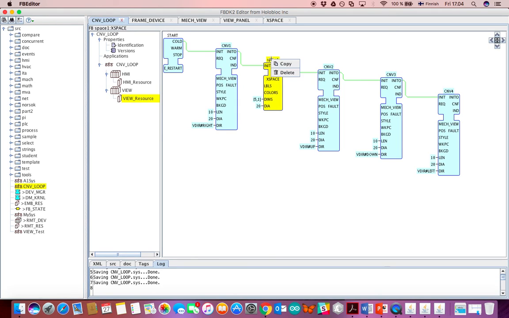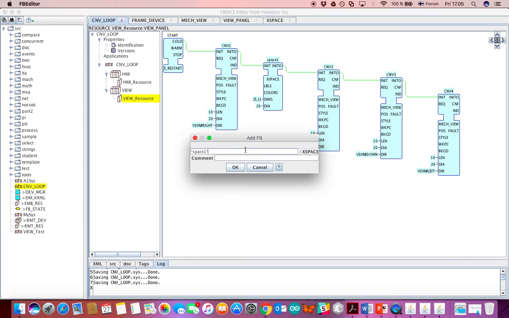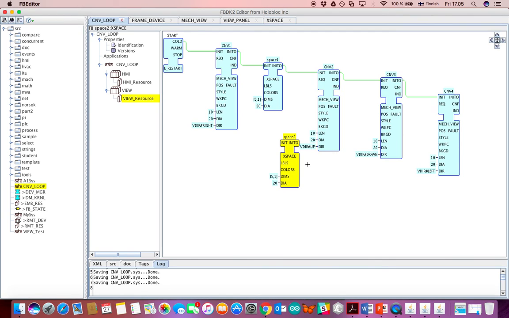I can use different ways. I can just make right mouse clicks and copy and paste, but I need to change obviously the name, as this should be unique. I call it space 2 block, and then I need to edit parameters. So after conveyor 2 appears,